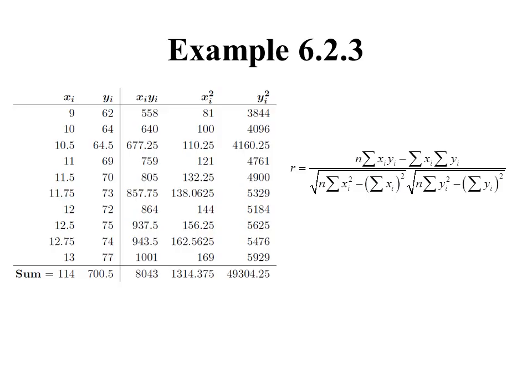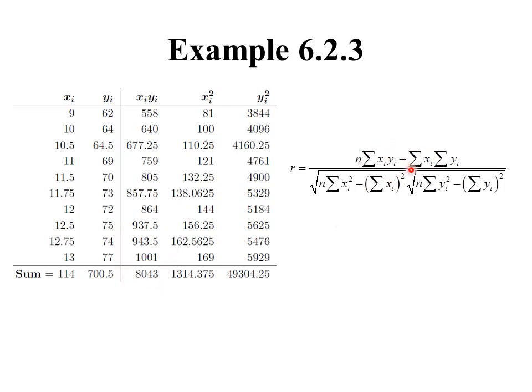Okay. So let's look at just real quickly how we could calculate this by hand if we wanted to. So here in this table, I've listed all my pairs of data. Here's my formula. So for instance, one thing I need to do is take each value of x times y and add them up. So that's what we do here in this column. We take 9 times 62 to get 558, 10 times 64 to get 640, and then we add those up. So this number right here is this quantity right here.